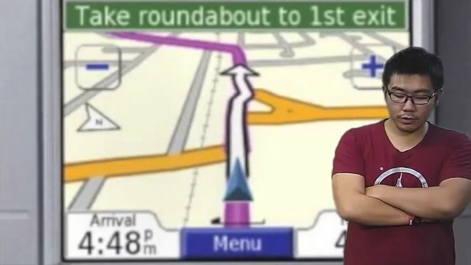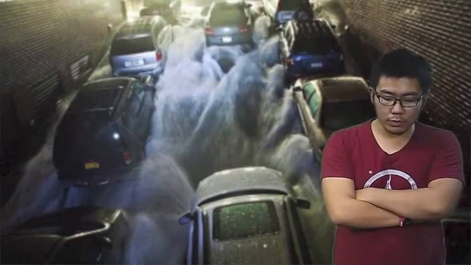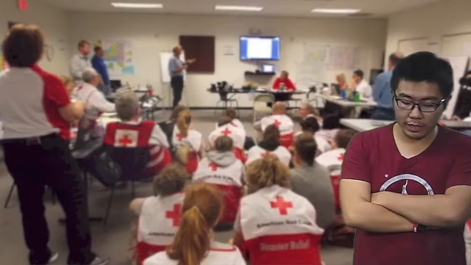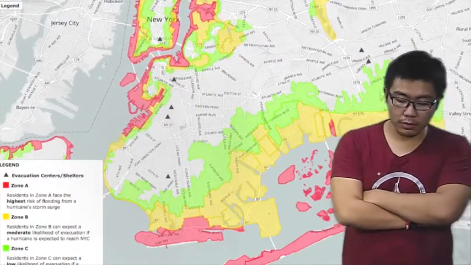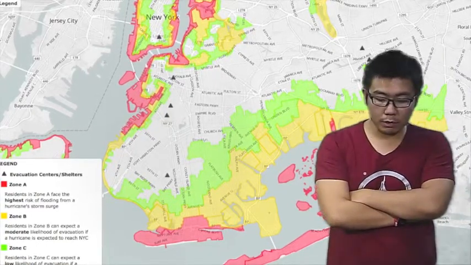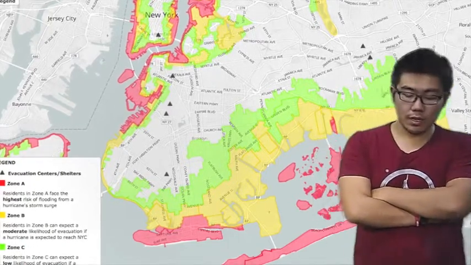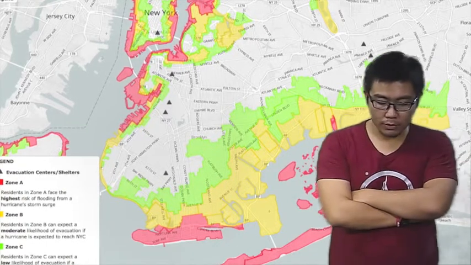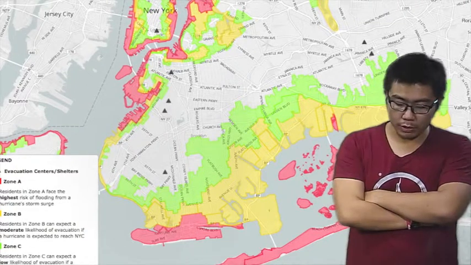GPS devices, together with remote sensing technology, are used widely by relief organizations such as the Red Cross to locate and reach people in need. Remote sensing and GPS devices also help people in evacuation as they inform people of the most viable route to evacuate. It also informs people of the accurate path where Sandy is coming from,